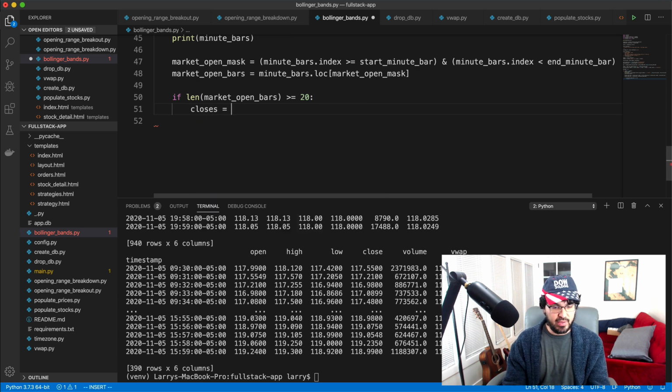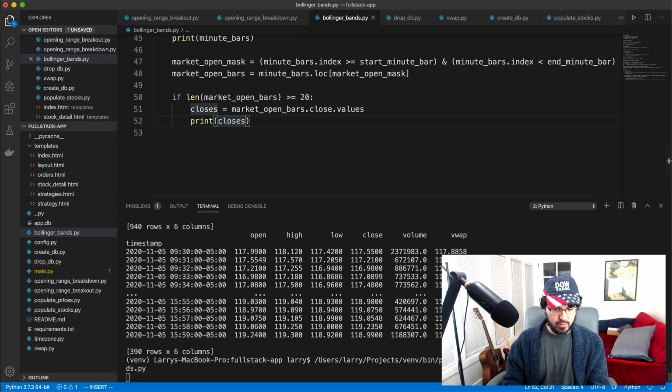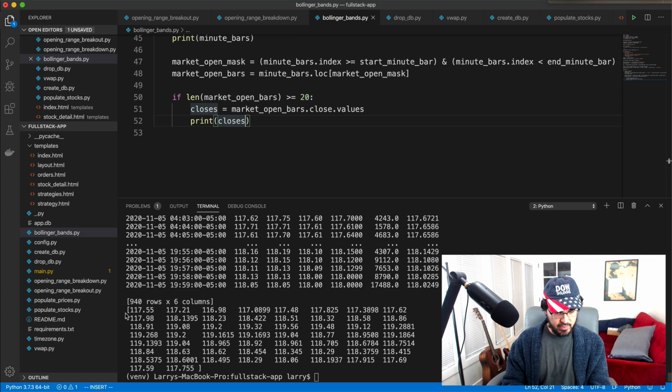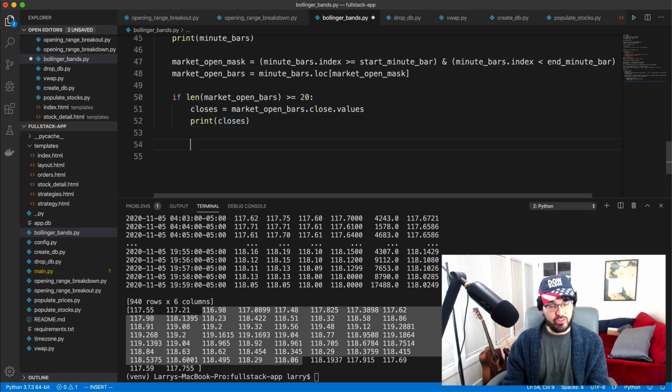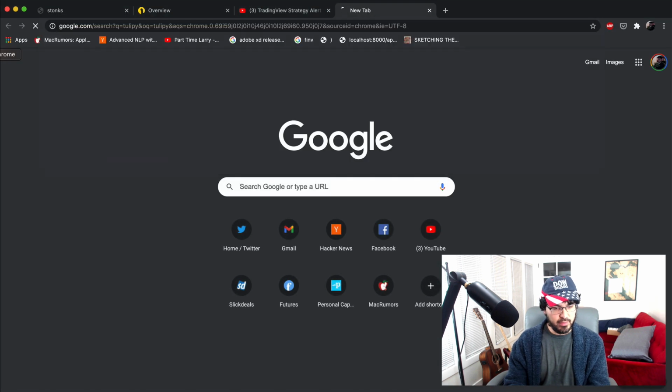So to do that, we just get the closes of all of the bars. We already have the market open bars, and then we can get the close values. And so if I print the closes, you'll see this NumPy array of closes, so 117, 117.21. So we have all of our closes, and then since we have Tulip indicators imported already, we can say the Bollinger Bands equals tulipy, and Tulip has a Bollinger Bands function, and it's called bbands. Okay, so let's look at tulipy,